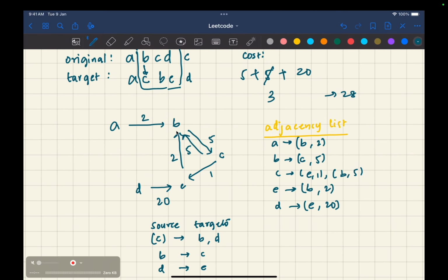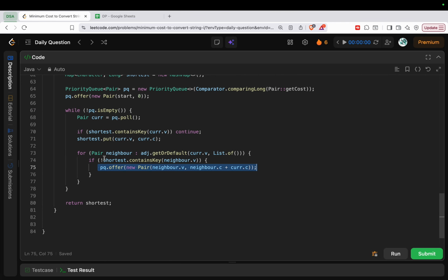Let's say I have a neighbor to the current destination node as B. The shortest path is already calculated. There is no point in calculating the shortest path again and again. So we have to explore the neighbors whose shortest path is not yet calculated. I was just picking those neighbors and offering them into the priority queue with the new cost. The new cost will be the current cost to reach the current node plus the edge weight. So that is what we have done, and in the end I'm returning the shortest